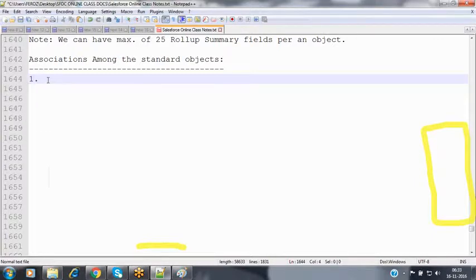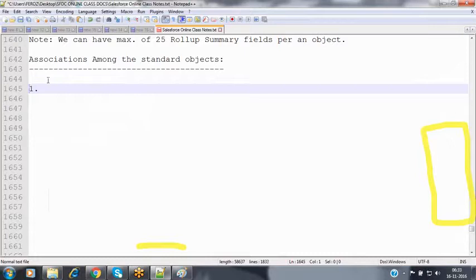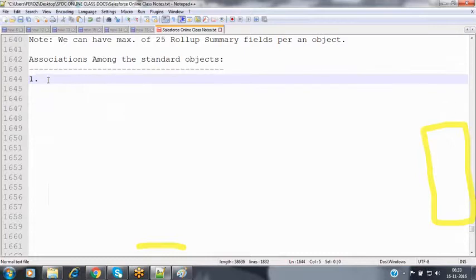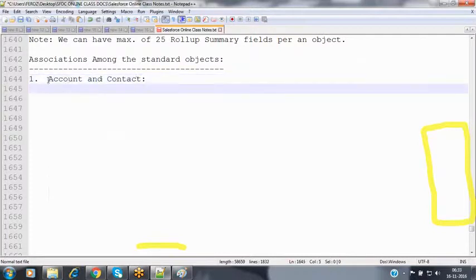Now let's see here. The first one, we have the account object and contact object. Because the standard objects will vary based on what app you are in, right? For the sales app it is different, the marketing app is different, and service is different, right? Service cloud, sales cloud, and marketing cloud are different, right? Yes. So how many total standard objects are available for those?